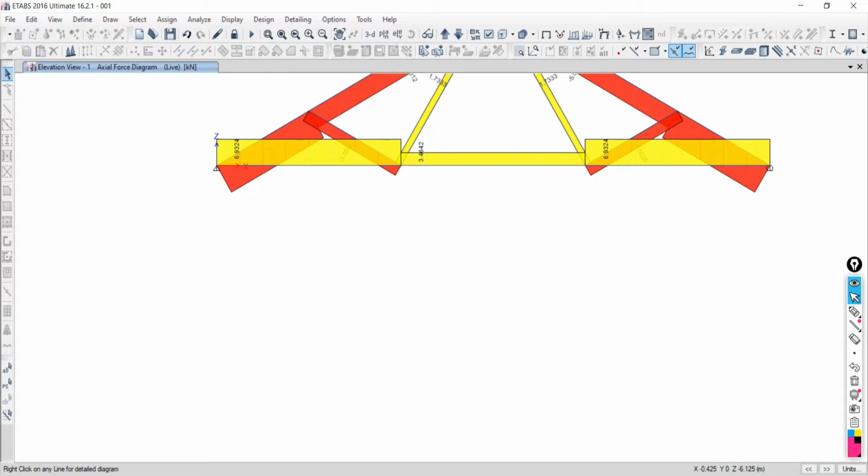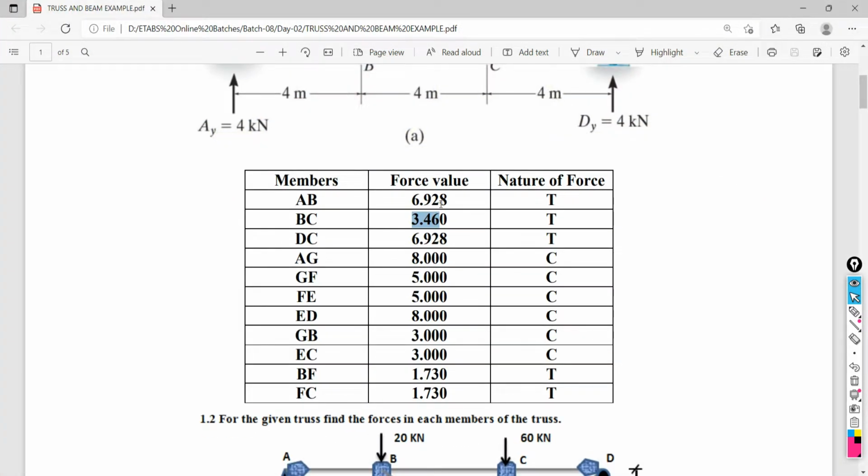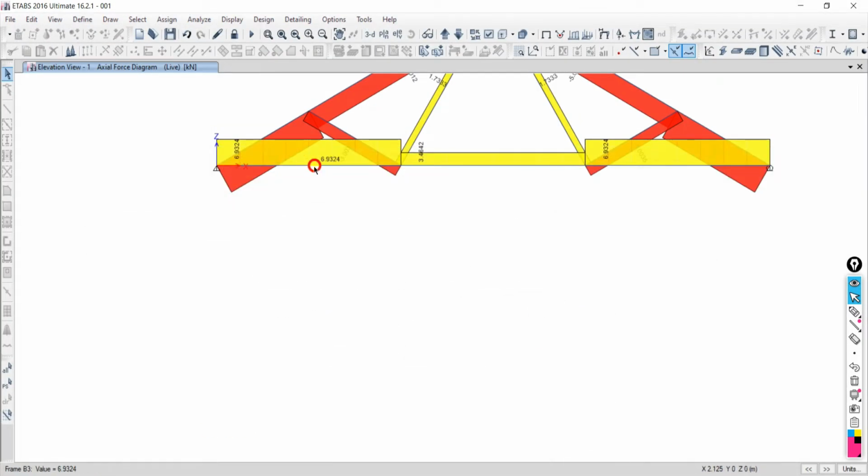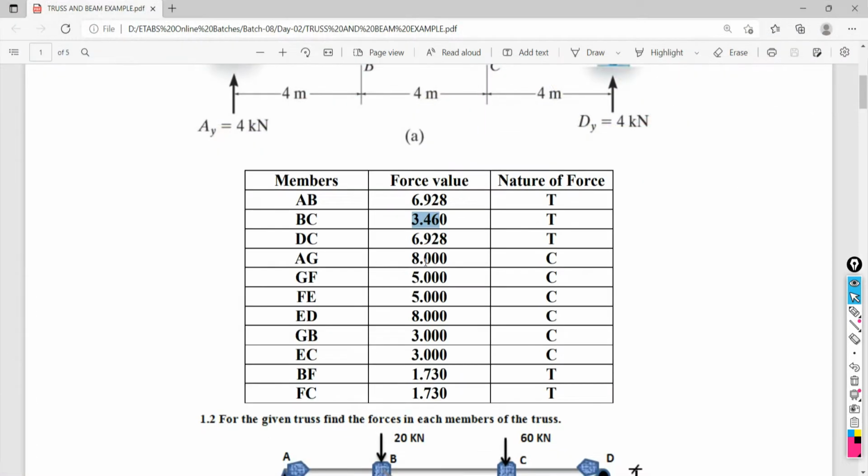6.9324. Just go back to your matching ETABS. 6.9284. Now you will accept or not, Ashok sir? Yes, matching. Okay, here 3.4642. Here 3.46. Now next,